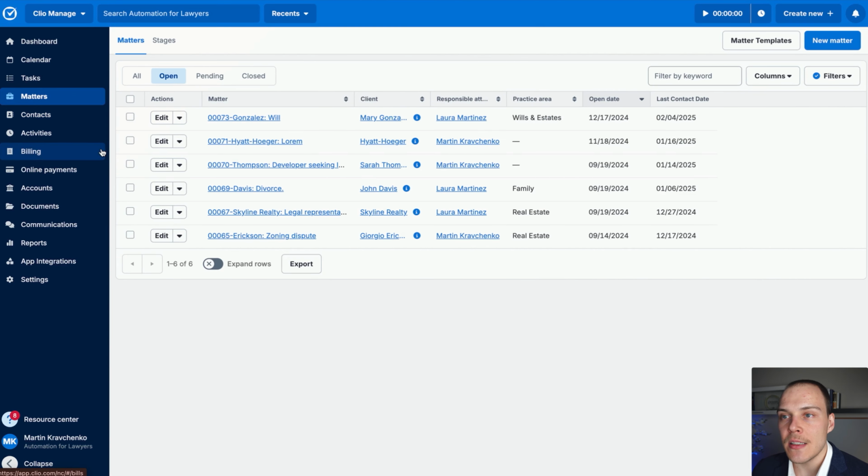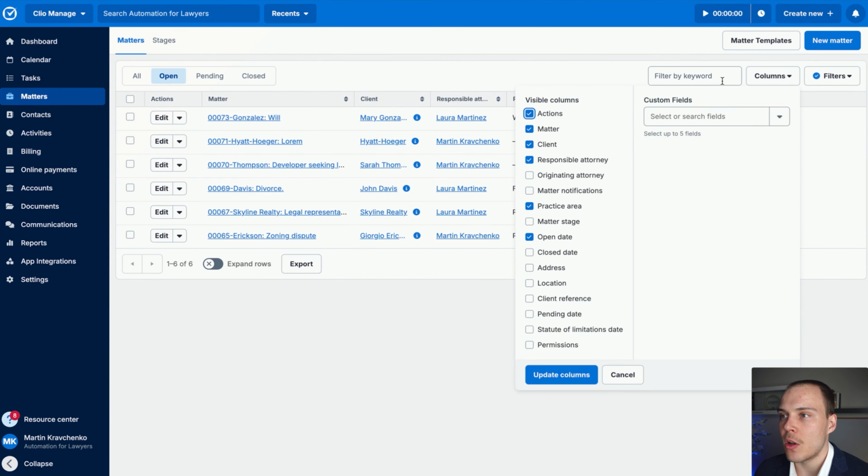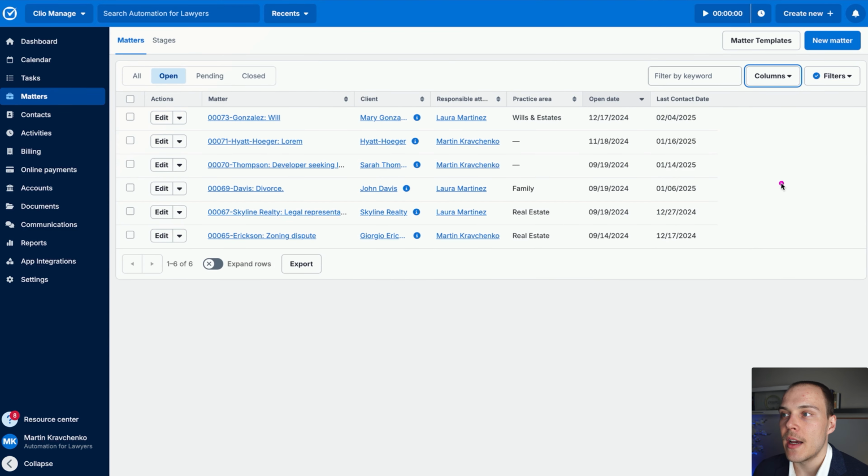In our matters list, what we can do is we can click columns over here, and we can select certain custom fields that we also want displayed, right? So we can search up last contact date. We can add it here, click update columns. As you can see, we have the last contact date then for each one of our matters displayed very easily. Now, the small downside of this, you can't really sort by it directly in the matters list interface,